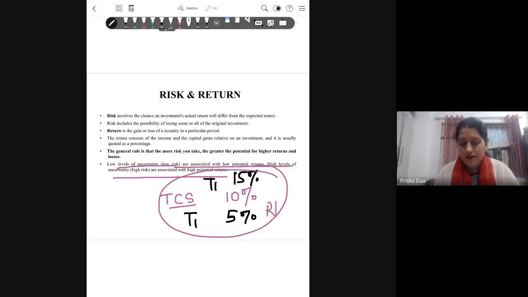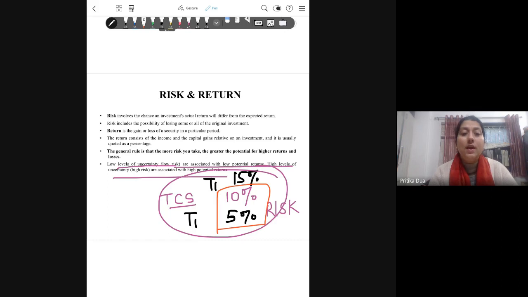But in finance and when we study, we generally associate risk with something which is negative. So our focus is on this possibility that I expected 10% return and I get 5% return. But yes, in totality the upward fluctuation, the positive side fluctuation, that is also part of risk, though we will be focusing on the negative aspect of risk.